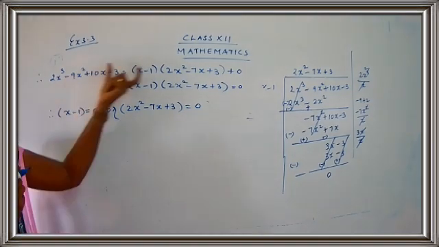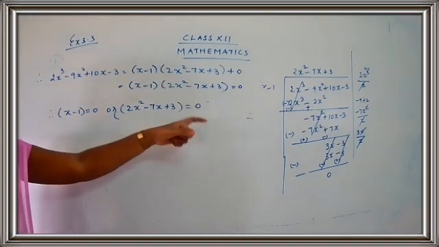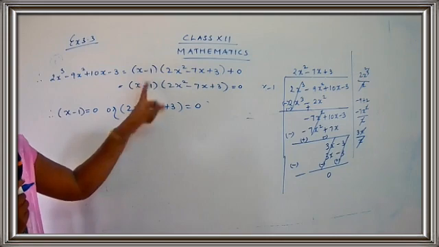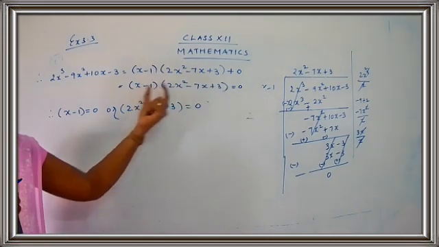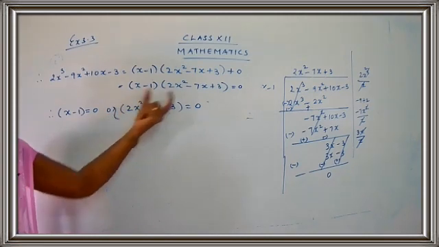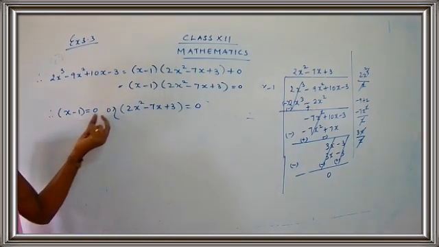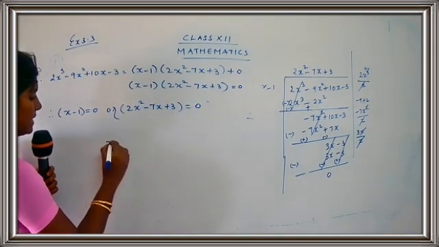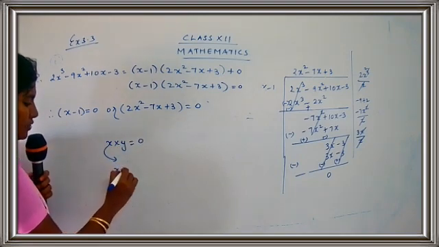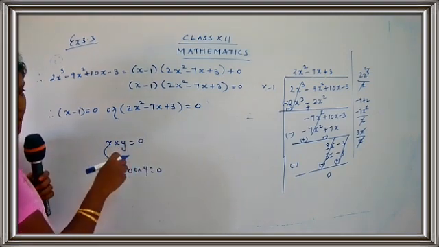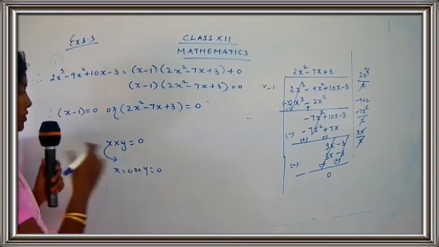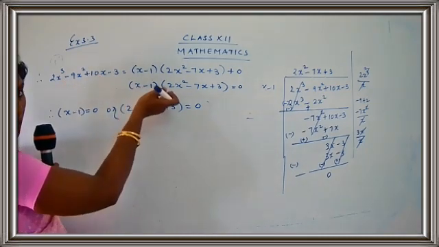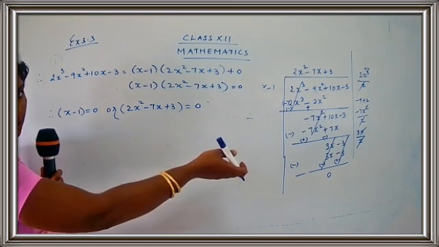Okay, so this is equal to this. So this value will be equal to 0. They are the factors, which means they are the zeros of it. This product is equal to 0, which means one of the factors is going to be 0 or another factor is going to be 0. So x minus 1 is equal to 0 or 2x square minus 7x plus 3 is equal to 0. Are you getting my point, children? See, if you say x into y is equal to 0, it means x can be 0 or y can be 0. If any one of the values is 0, you are going to get the answer as 0. So what we have done is we have written this in the form of divisor into quotient, and you know that the remainder is 0.